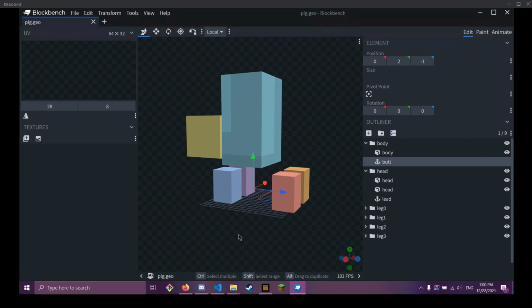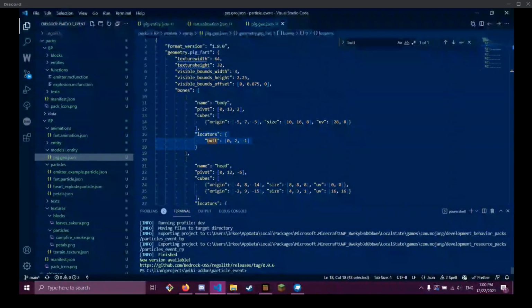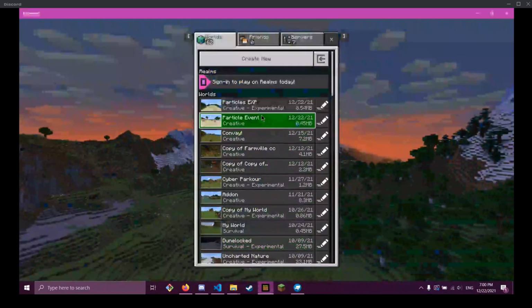Question. Can you specify the rotation of the particle, if it's a billboard particle instead of just floating, from, I guess, the emitter? If you play it via a particle command, it's going to take the direction of the player, the direction that you're facing.